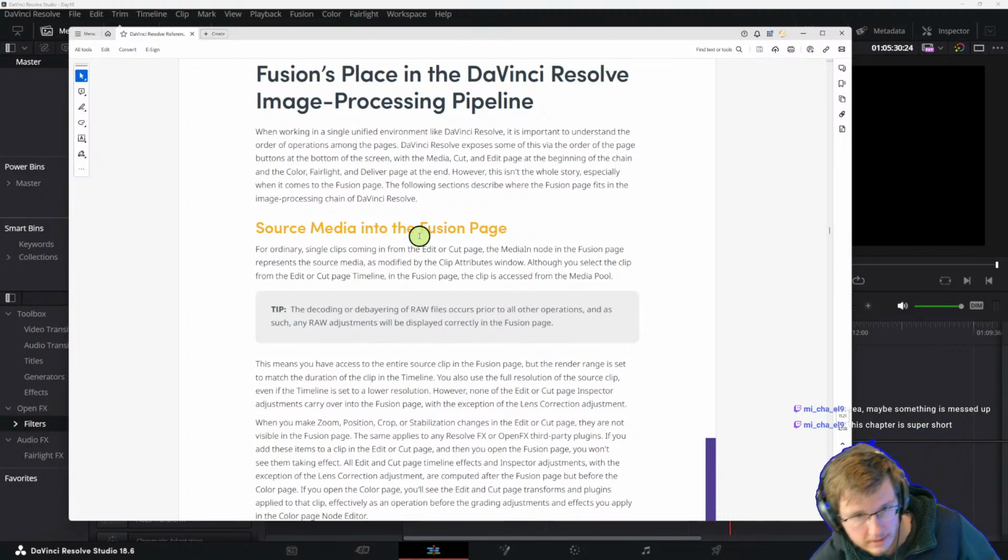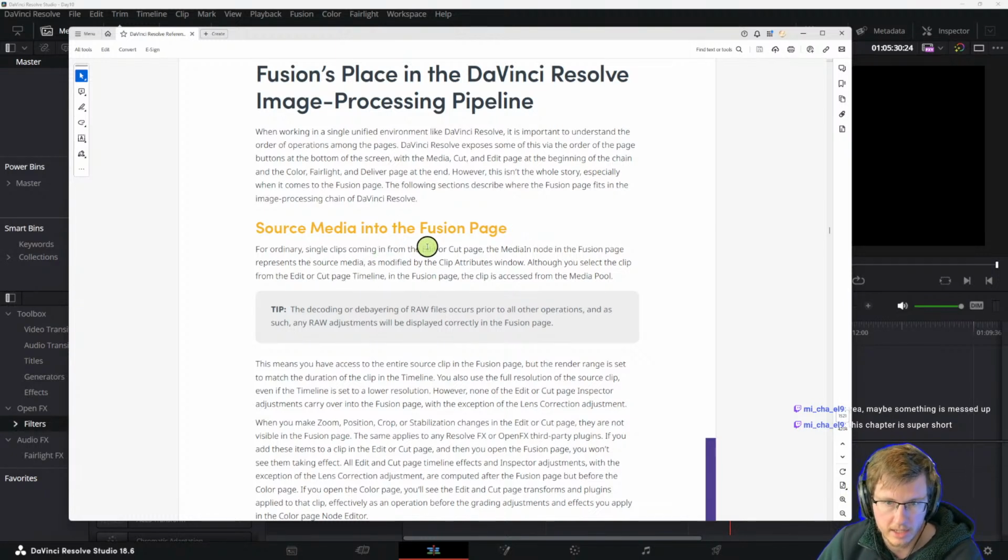And we got source media into the Fusion page. For ordinary single clips coming in from the edit or cut page, the MediaIn node in the Fusion page represents the source media as modified by the clip attributes window. Although you select the clip from the edit or cut page timeline, in the Fusion page the clip is accessed from the media pool. And then, tip: the decoding and debayering of raw,